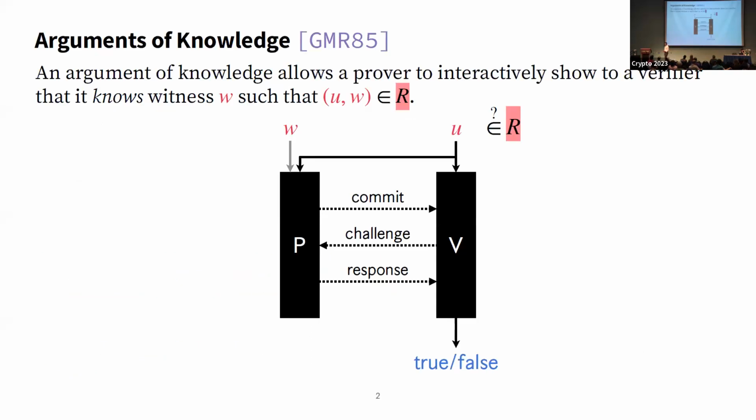Now, recall that an argument of knowledge is an interactive protocol between a prover and a verifier in which the prover proves that it knows a witness W for some statement U with respect to some relation R. And this relation could be something like 3-SAT or graph 3-coloring. And now the prover and the verifier talk, and eventually the verifier outputs true or false, depending on whether it